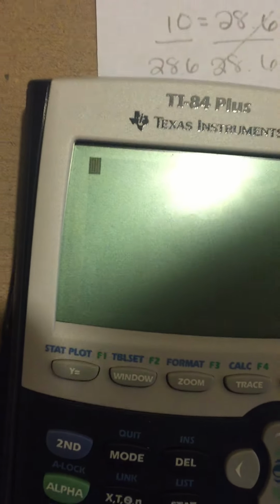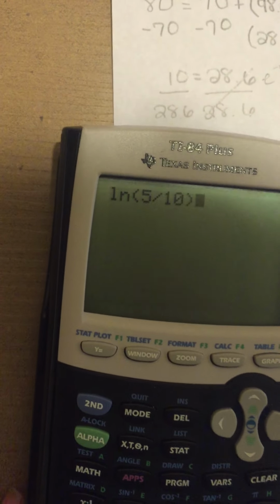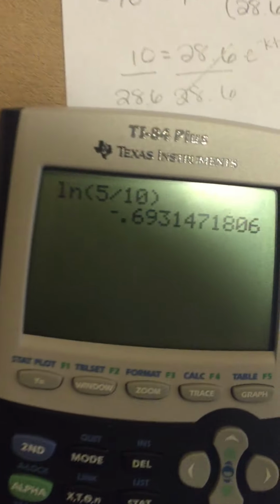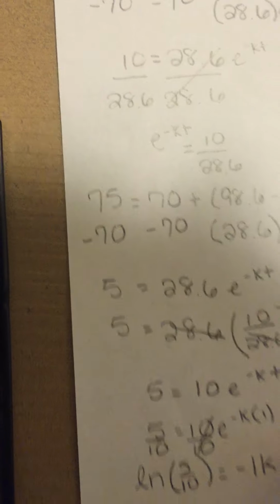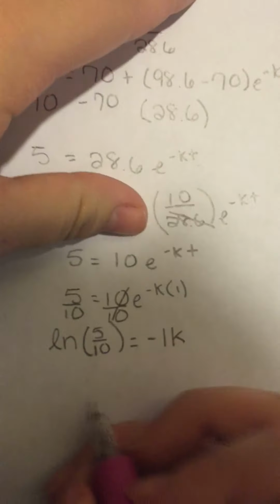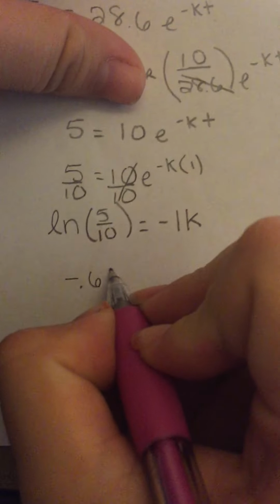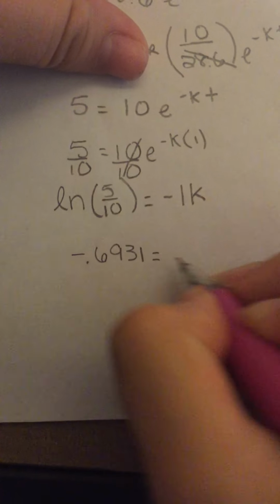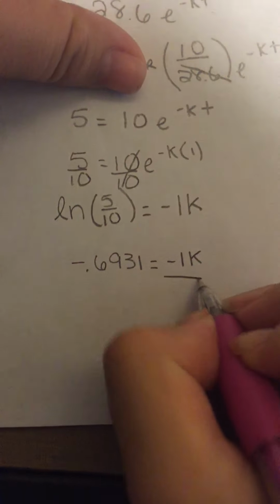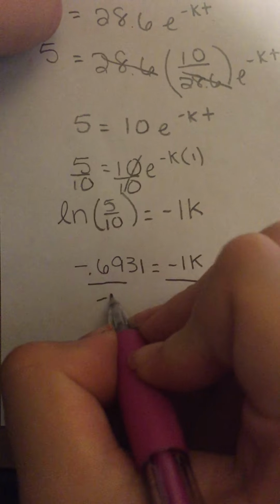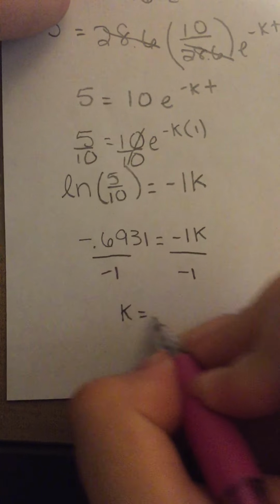I will then put ln of 5 over 10 into my calculator, which gives me negative 0.6931, equals negative 1 times k. I will divide both sides by negative 1, which gives me k equals